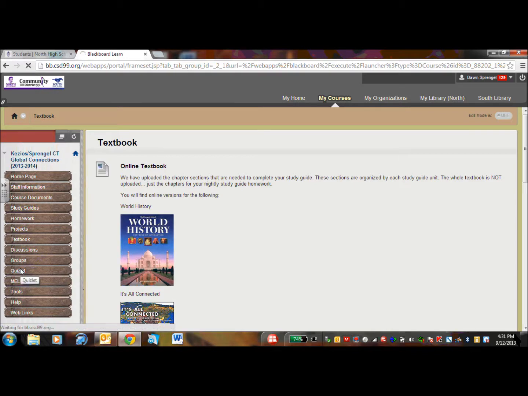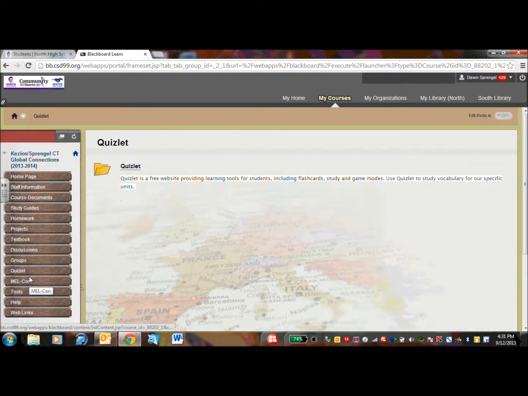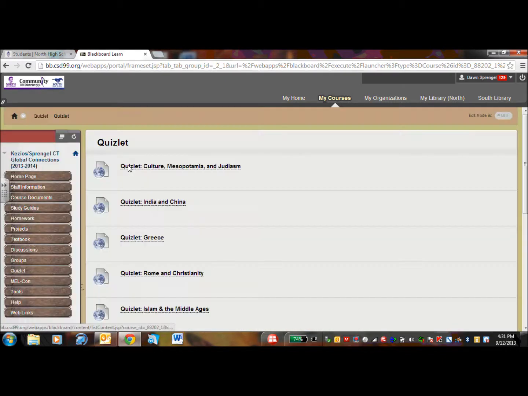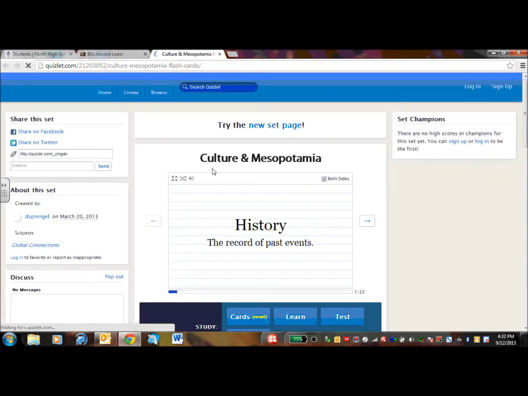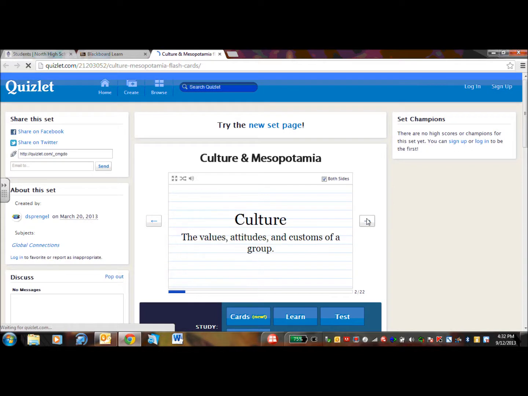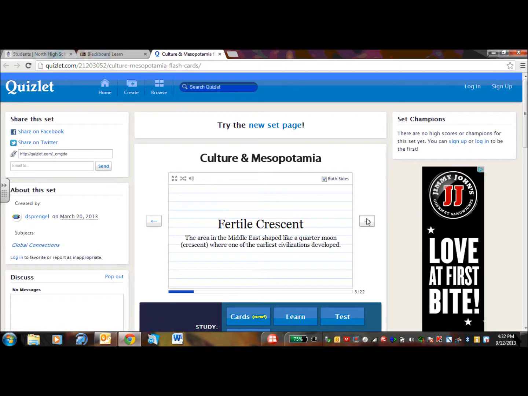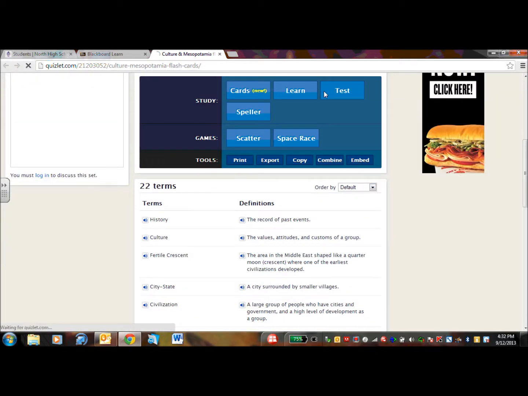Quizlet. Quizlet is a wonderful tool, and it's a free website providing learning tools for students: flashcards and games. So what Ms. Kizios and I did is that we went in here, and you can see that we created one for each different unit. Students can go in here and see all the different words that are available. These are available to be printed out as well. They can test themselves